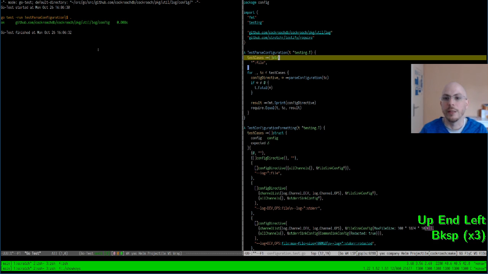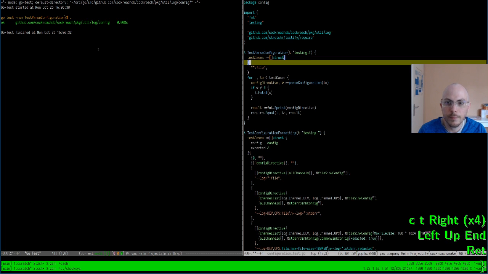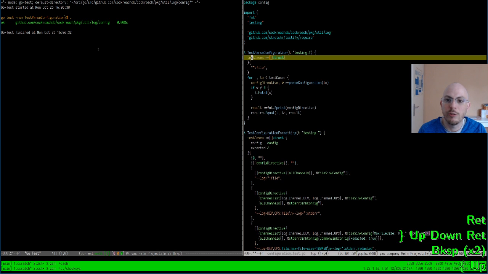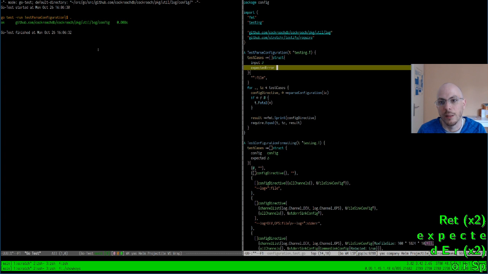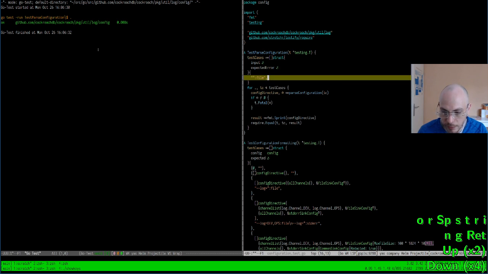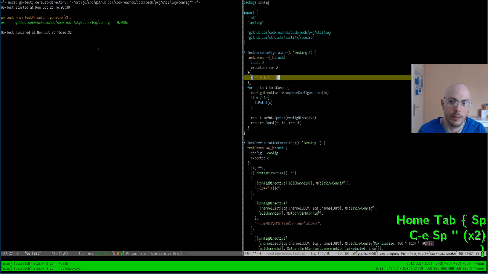The way to do this, we're going to have a struct here, and that struct is going to have an input config as a string and an expected error as a string. If the expected error is not set, then we expect success, and if it is set, we expect an error. This way, the test case here is no error expected.